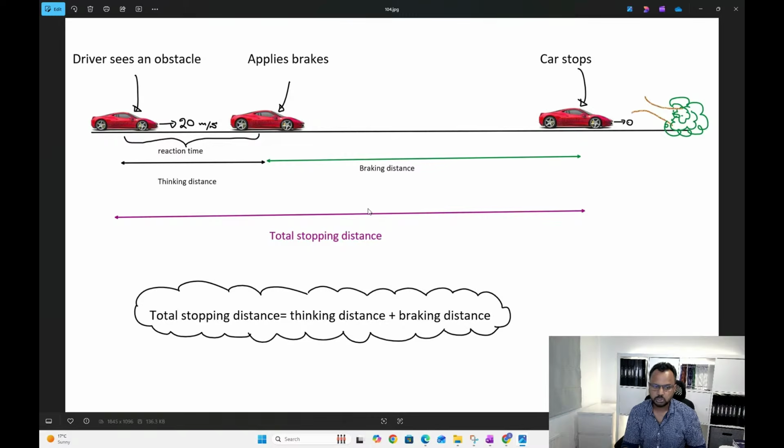So, what's the total stopping distance then, guys? It is the sum of thinking plus braking distance. That's really the basic idea here. Thumbs up if you understand it, or say yes. Just tell me a letter Y or something in the chat if you understood it. And if you have any questions about it, please ask me. Anyone?